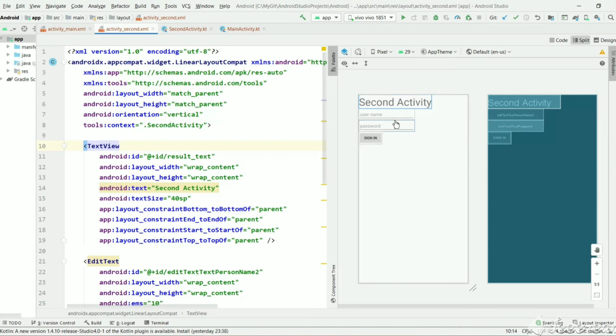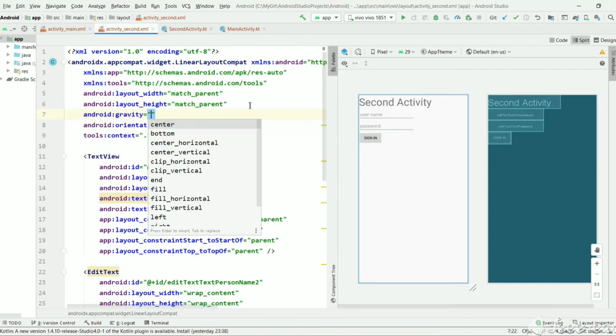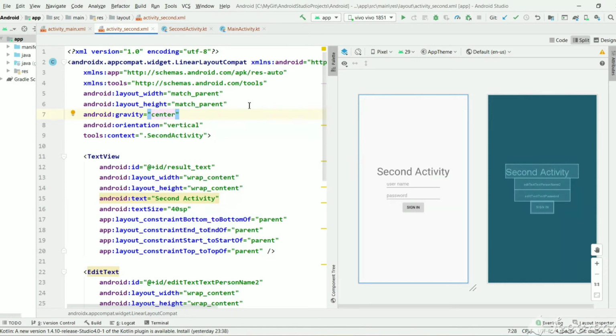So what is the parent of all these elements? The parent of all those elements is this linear layout. So there is a gravity attribute. We can mention center so that all elements will be centered. So if you see, all the elements of the layout got centered.